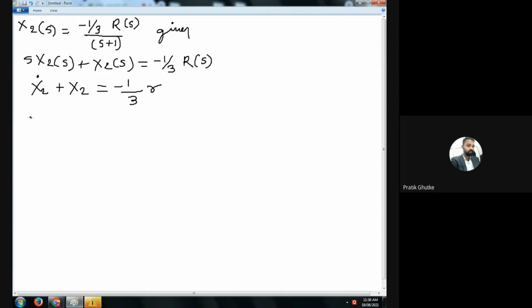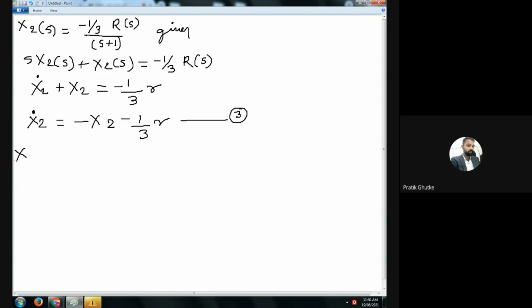Or can I make it as x2 dot equals to, I would be taking x2 dot one side and then minus x2 minus 1 by 3 r. This is equation number 3. On similar note,